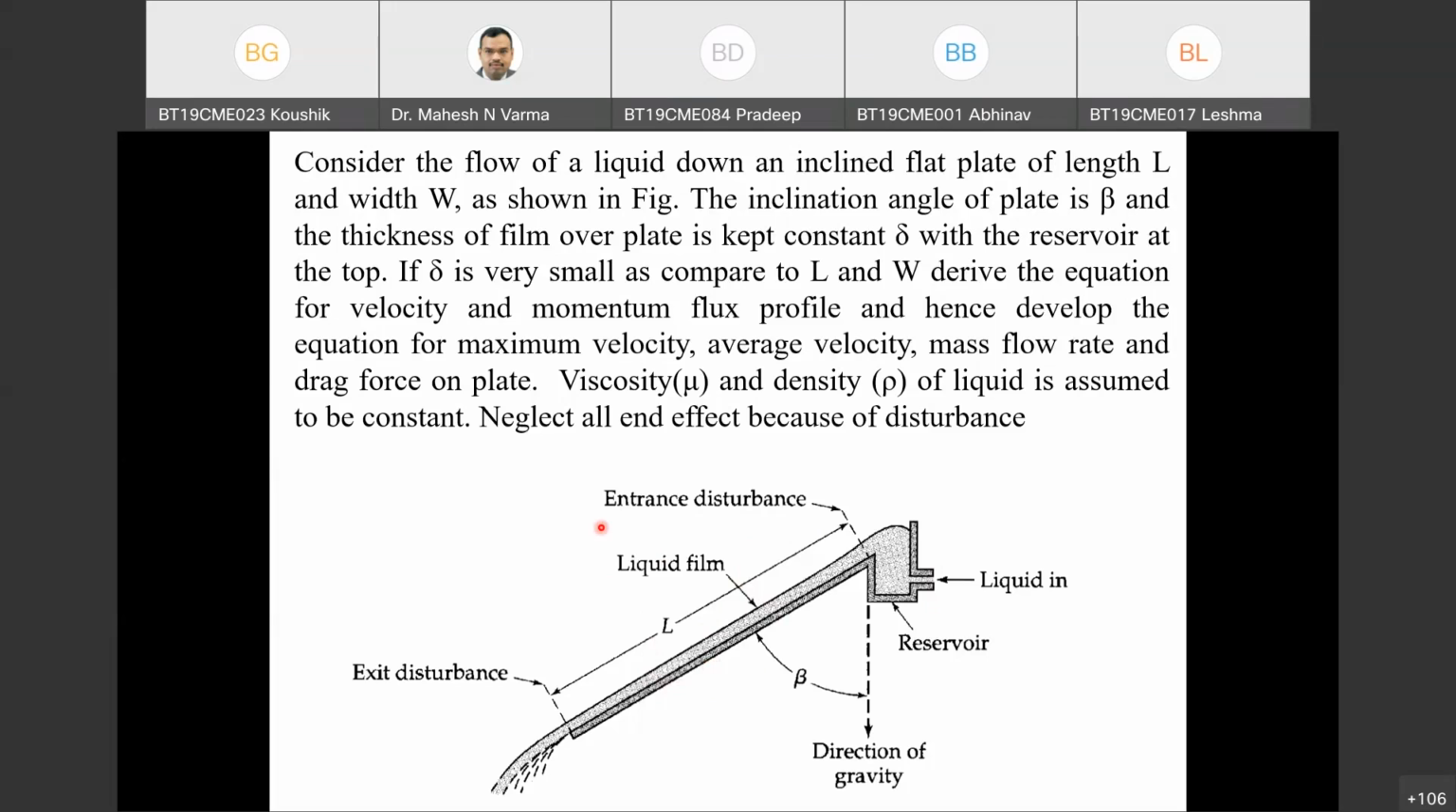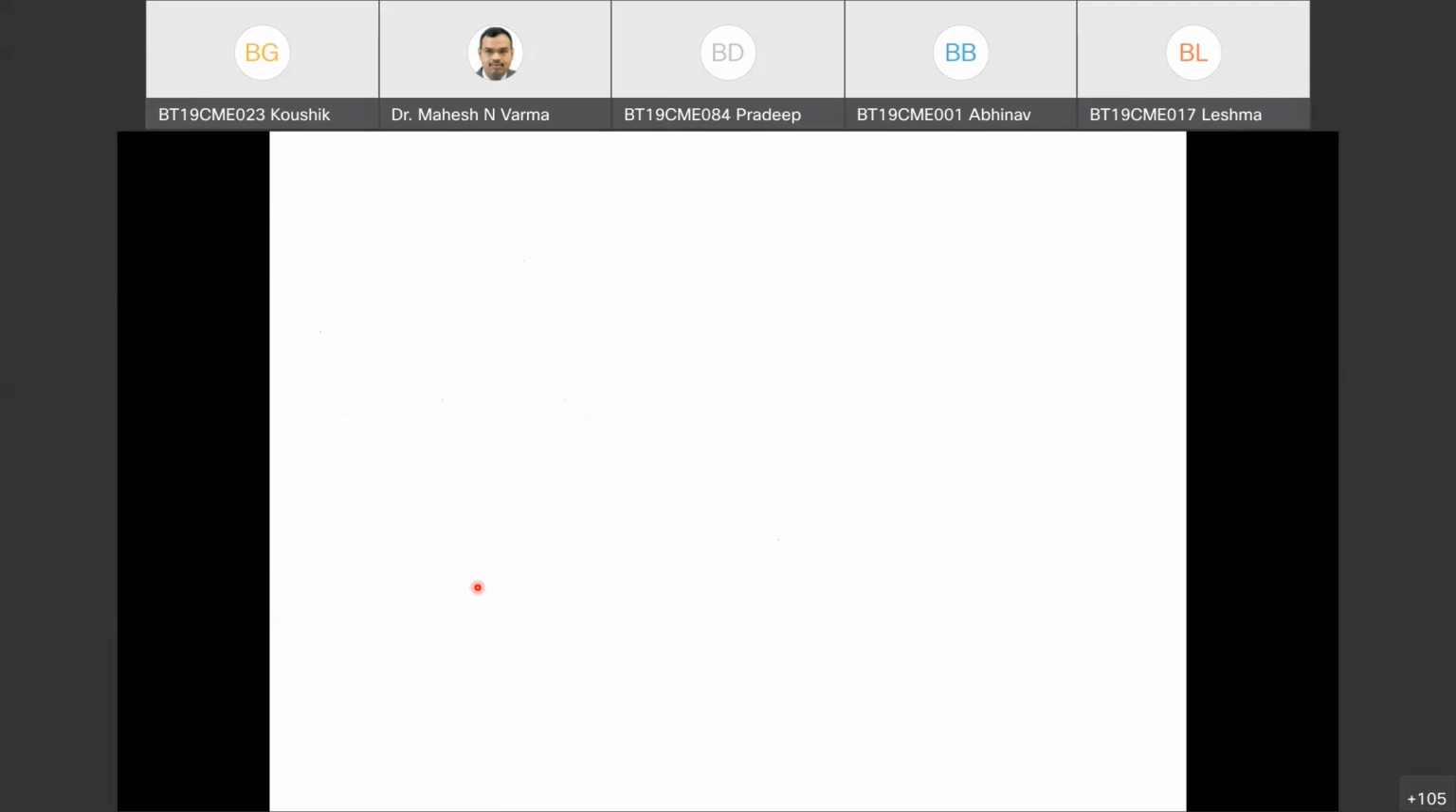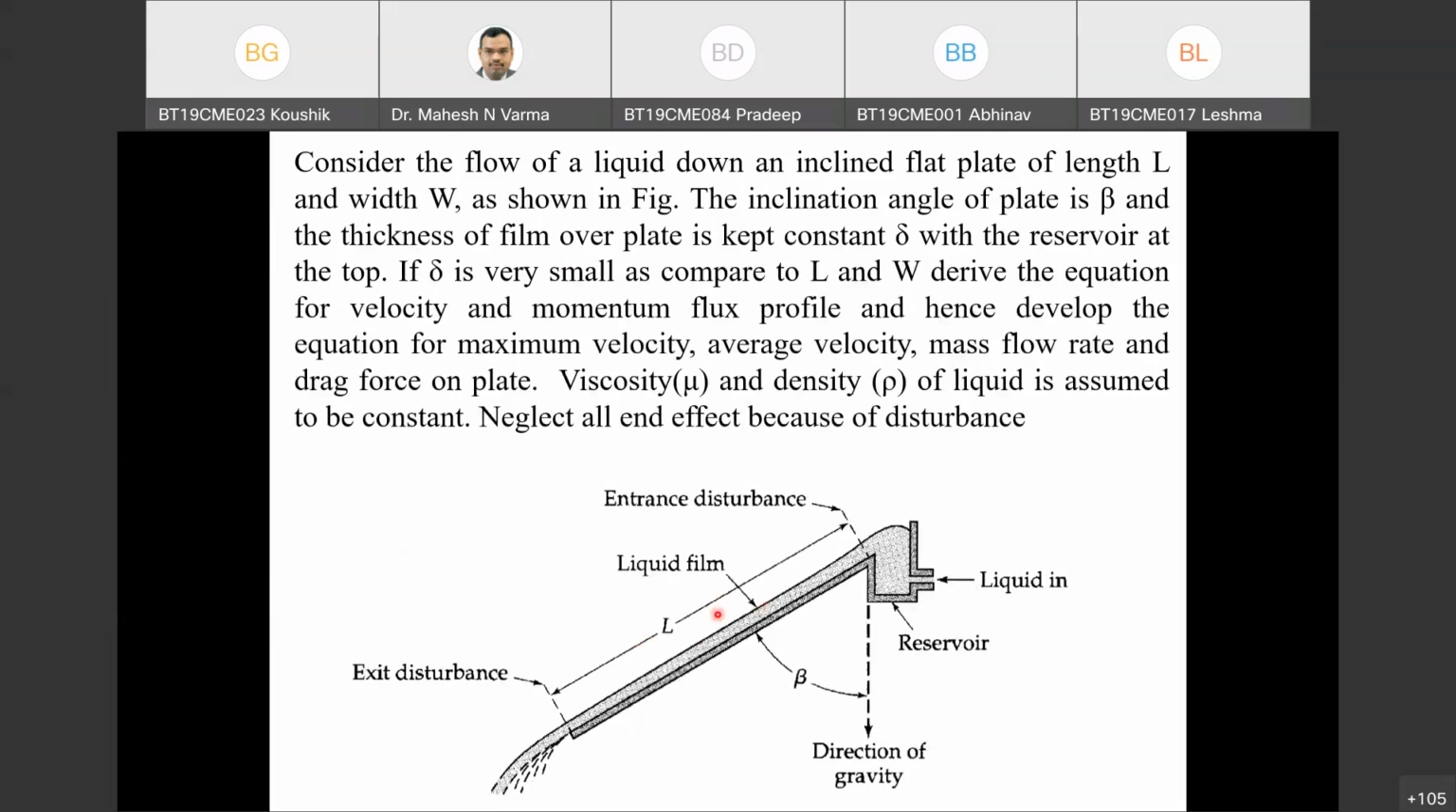Sir, for this problem, we have liquid coming in, sir. Okay. And So these are the 3 types of boundary condition. yes, sir. So what are the boundary conditions available for this problem? Sir, for this liquid and